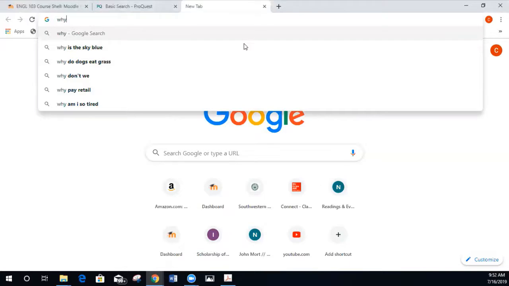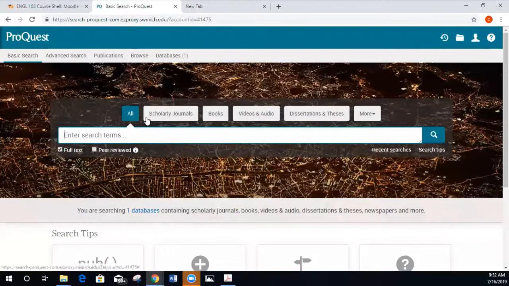Databases don't use the same type of searching. So we want to avoid questions within these databases. When we're on a database like ProQuest or Student Resources in Context, we've got to use what are called search terms and Boolean operators. Search terms are key terms that are essential to your topic, as well as essential to your organization of your paper, and probably the main ideas of your body paragraphs. We can pull those terms and then use them within these databases, pairing them with the Boolean operators.